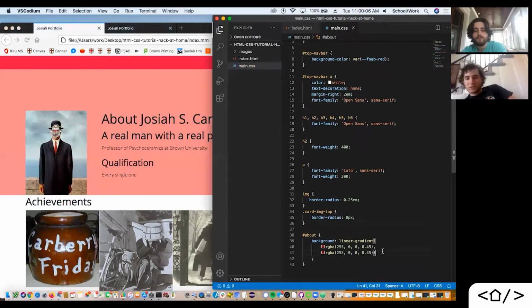So then what we can do is add a URL. You guys know what a URL is from the internet, but here we can use it to reference an image, essentially a local URL that's just referencing something within our folder, not something online. So we're going to use images and then brown splash.jpg. And if we do this,